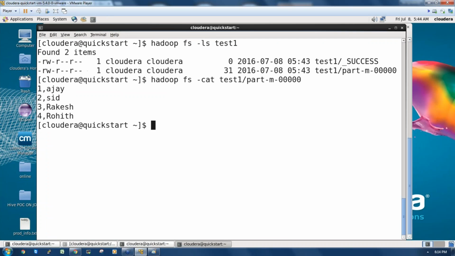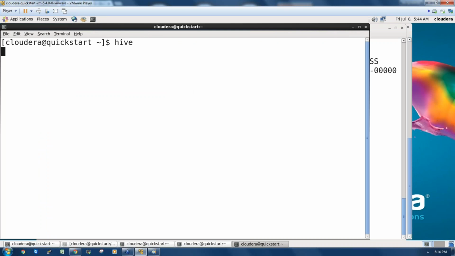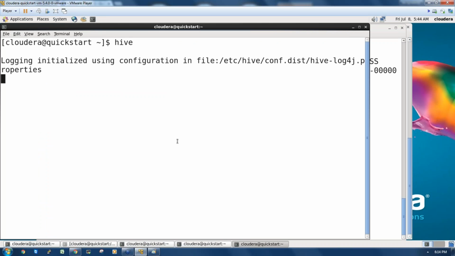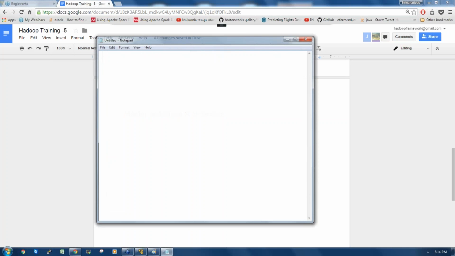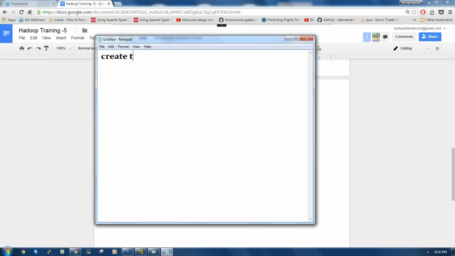Now in HDFS, what I'll do now, I'll start Hive to query the data. So I'll use Hive like this. Okay, so in Hive I can create a table by writing a simple statement, create table.